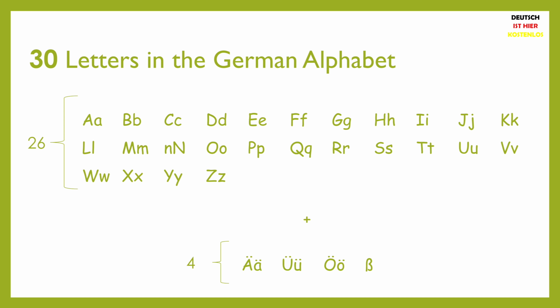Almost all of the other 26 common letters are individually spelled very differently in German than in English. However, when it comes to pronunciation of words, German is way more straightforward than English. Also, note that all the letters have upper cases and lower cases except for the so-called beta. As far as I know, there is no word that starts with that letter, so you need not worry about that, at least for now. So moving on.